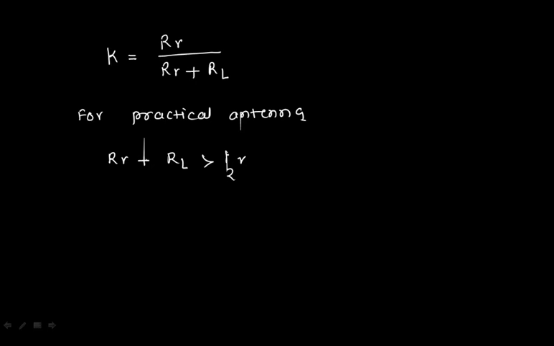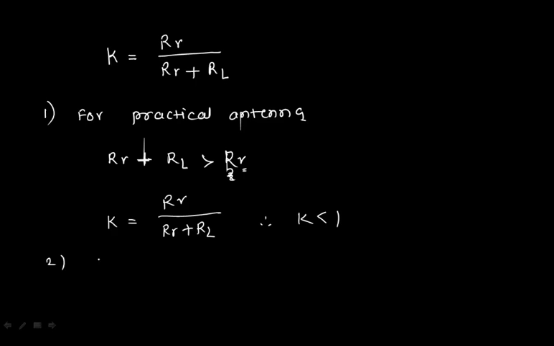Okay, so whatever you are getting here will always be less than what is delivered to this particular load. So if these values are greater than this particular value, I can say this K is always less than 1 for a directional antenna. Now I'm considering my antenna. This is what happens with the practical antenna.